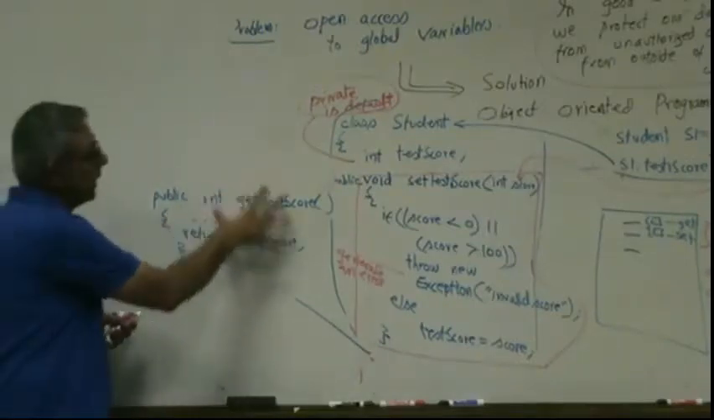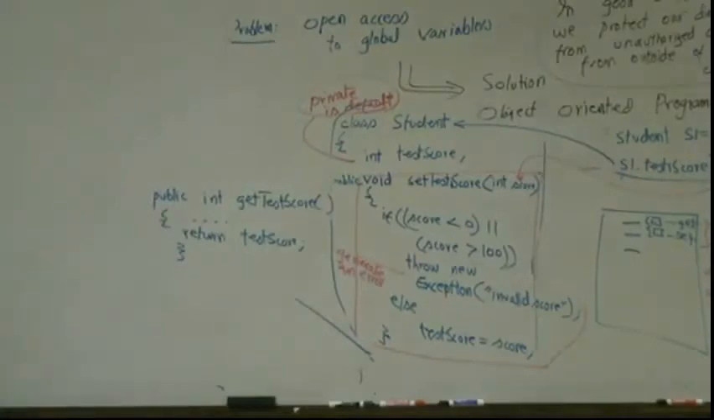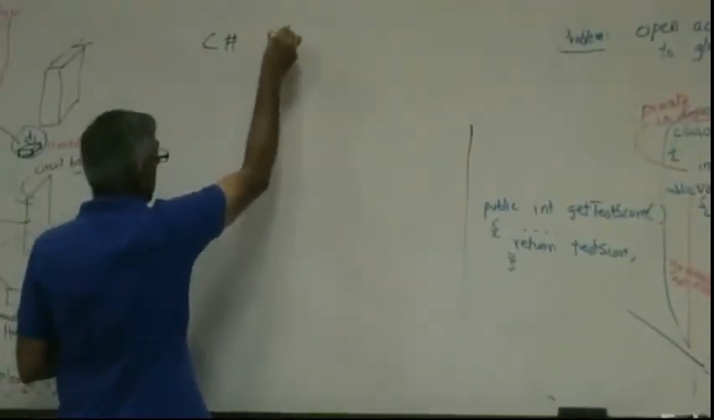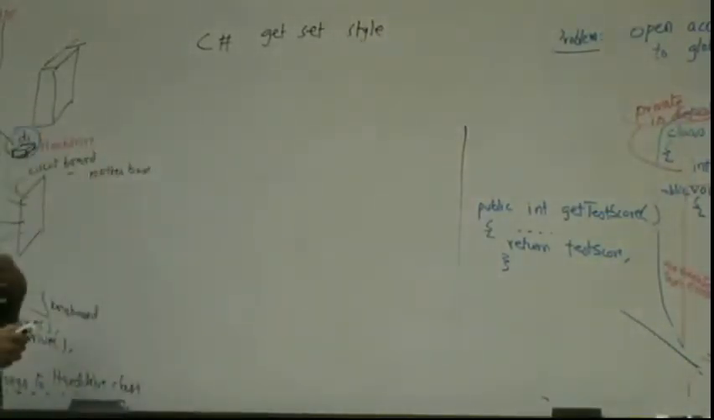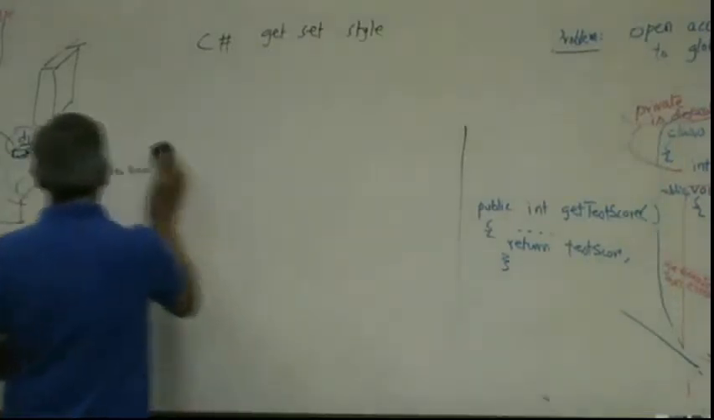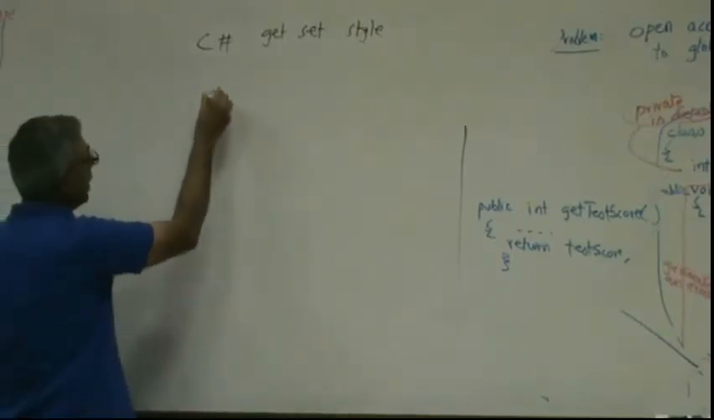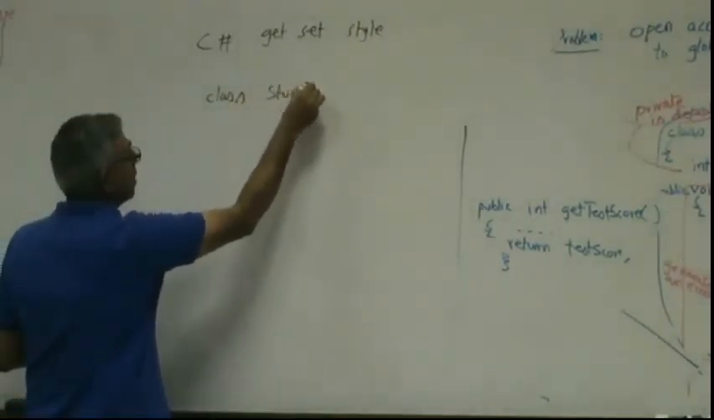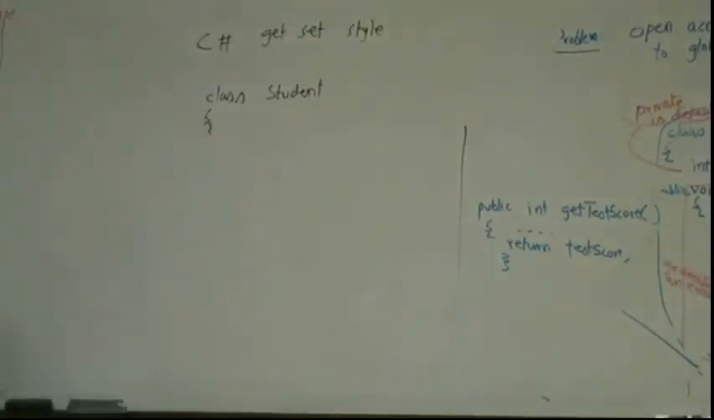Now, even though this style was the same as the Java style, and you can use that in C#, C# has another style for writing the get and set, and let me give you that style. That style looks like this. You will create a class called student. Every language has its own convention. For example, if you are